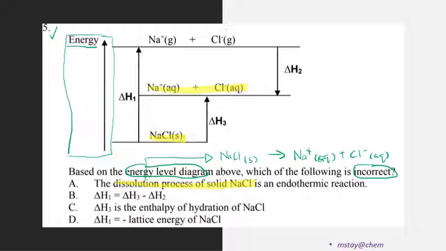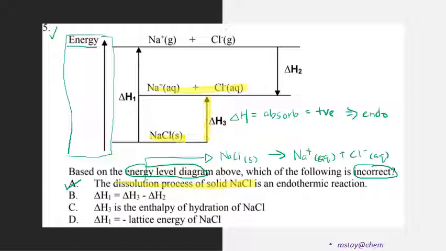So from here, the energy involved is the delta H3. We notice that it is absorbed energy because the energy is increasing. Absorbed energy means positive, and then it is an endothermic process. So option A is correct. Next, we focus on